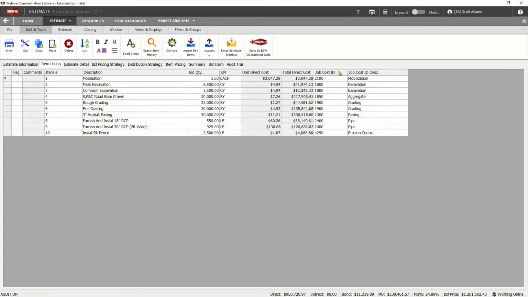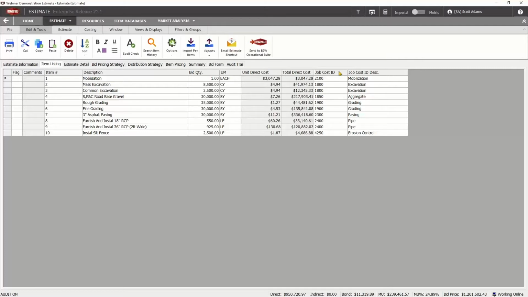Now again, job cost ID with an estimate is really a generic place we can put these IDs, again, from a starting point that may be linked to our accounting software and what we use on the ERP side of things. And this is what helps us get that budget out and create that on that side of the world. But for us within Estimate as well, we can utilize this information not only at an item level to send information to the operations side,